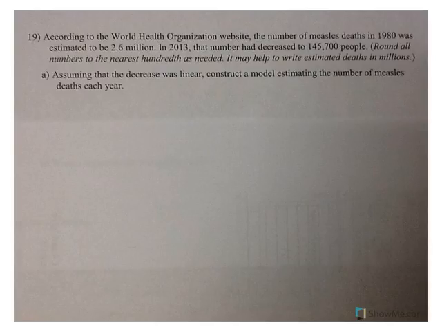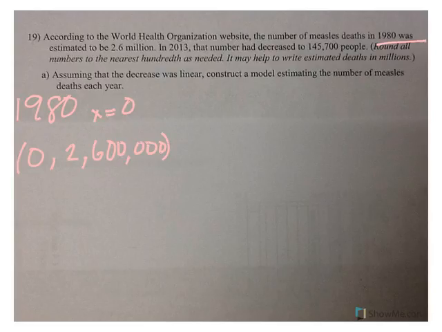Okay, so we've got to think, when are we starting? We're starting in 1980. So in 1980, we're saying that x is 0. So our ordered pair would be 0, 2.6 million. And I wrote that in standard form because this number here is in standard form. 2013 is 33 years later. So my ordered pair would be 33,